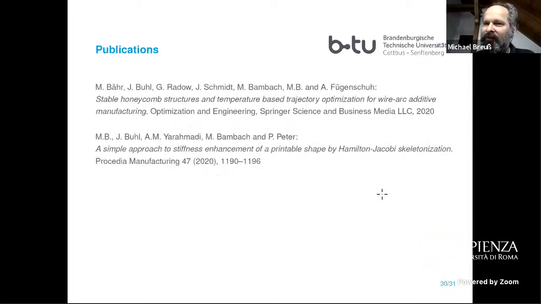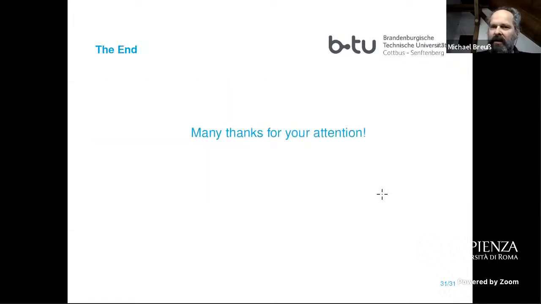And as a conclusion, you find everything in 2 recent publications. I just wanted to give you the idea that these things look very simple. There are many more ideas from 3D vision, techniques from image processing that are worth exploring also for 3D printing. These are not the only ones, it's just that these are very simple. And so, many thanks for your attention.